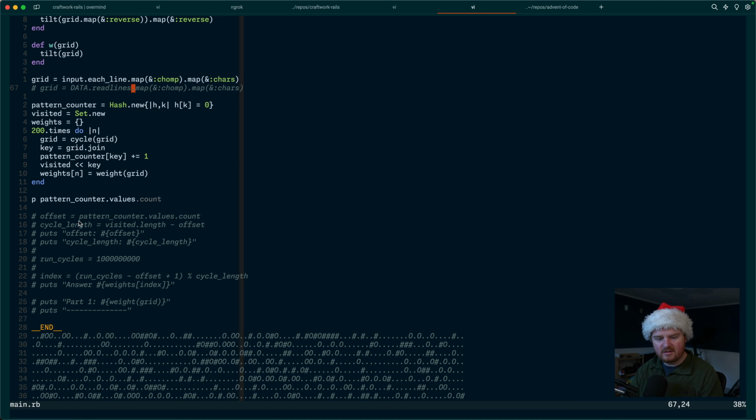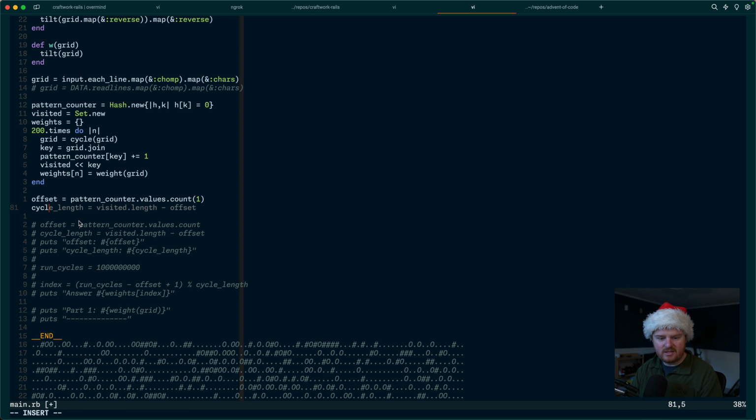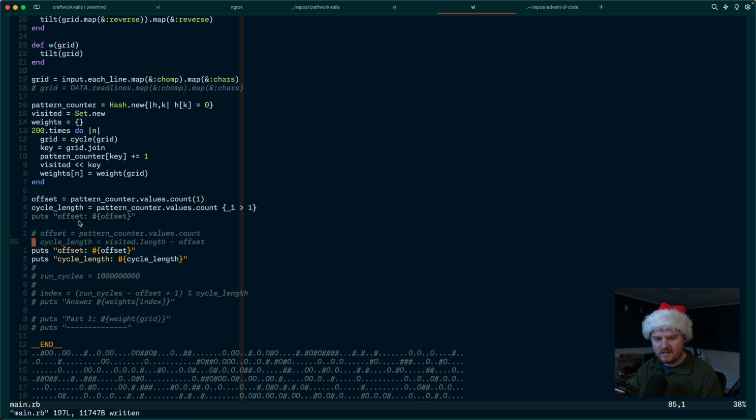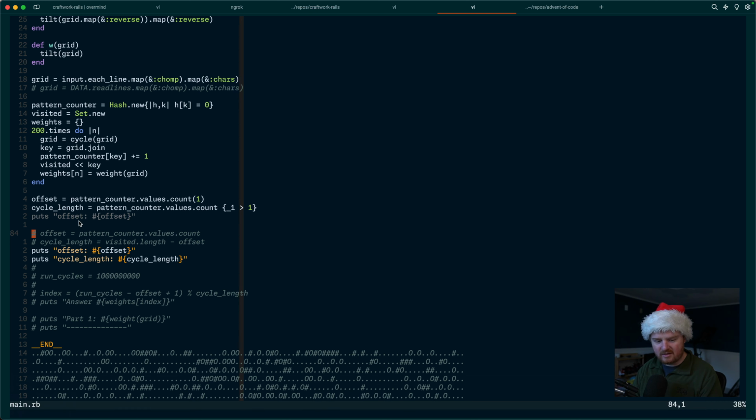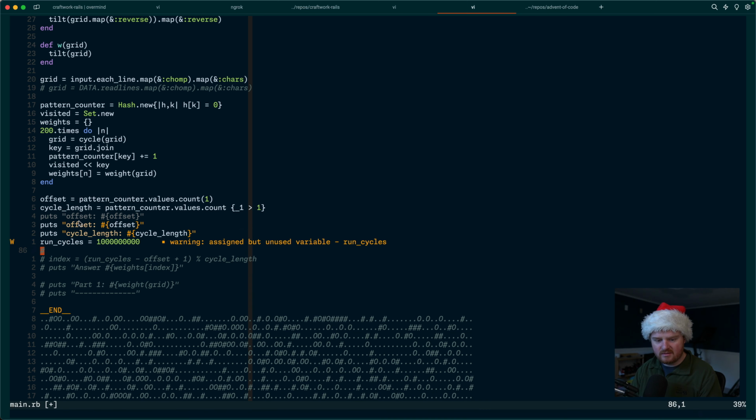I thought that maybe we can actually do partition, or yeah, let's just do count. If we count up the ones, that should give us the offset, and then our cycle length should be pattern counter dot values dot count, where it's greater than 1. Is that the same as what we had before? So cycle is 7, offset is 2, okay. And then we have our run cycles,